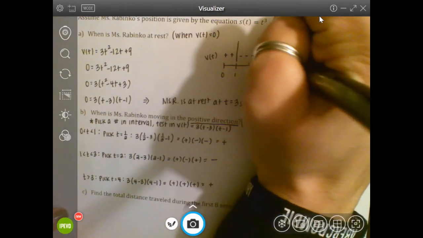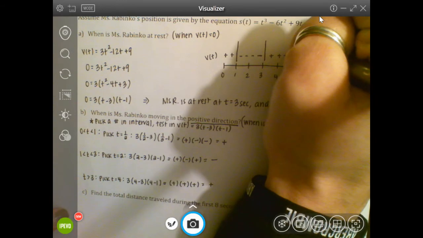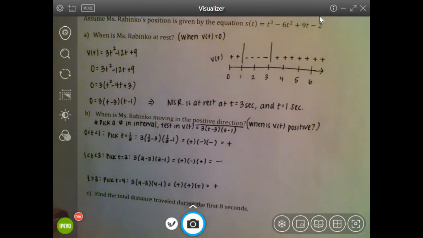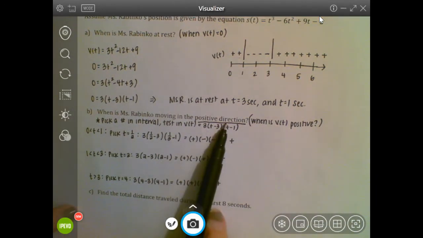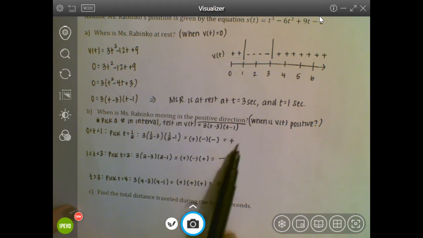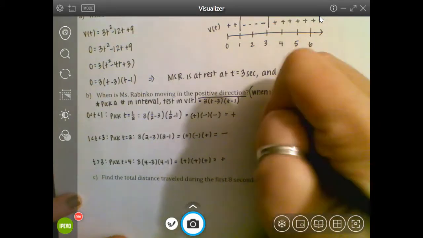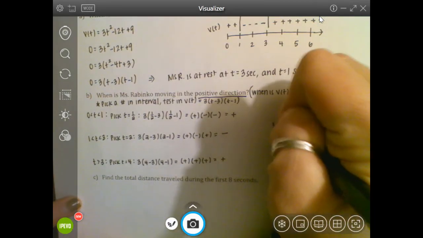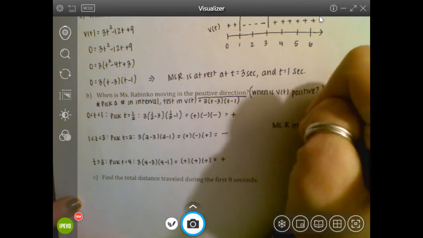So I'm going to go ahead and just go back up to my sign chart up here and say that's all positive. And then I can finally actually answer the question. So there's 2 intervals where I'm moving in a positive direction. The first interval and that last interval. So Ms. R moves in a positive direction